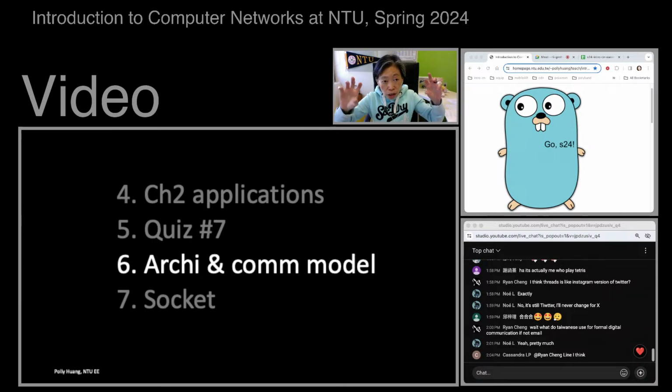After these two are defined, the messages, the data you're sending, need to come in a certain format so that either side of the program can understand what the other side is trying to say and potentially respond. So communication model, socket, and the messages. These are the very basic things to compose a network application. So let me talk about the communication model first. There are three of these.